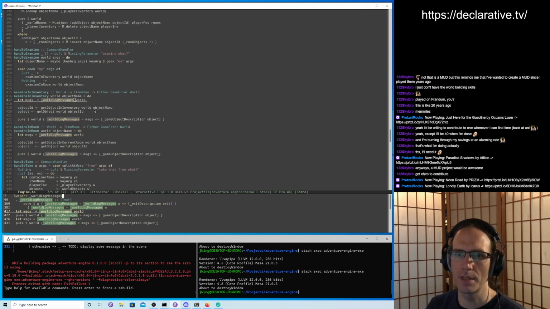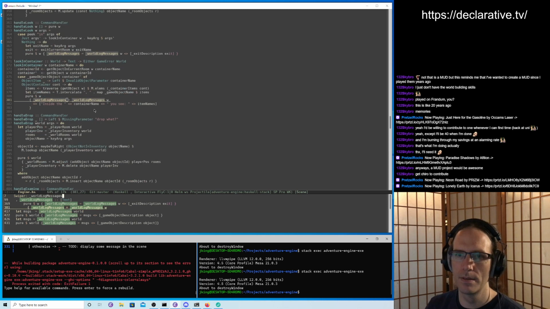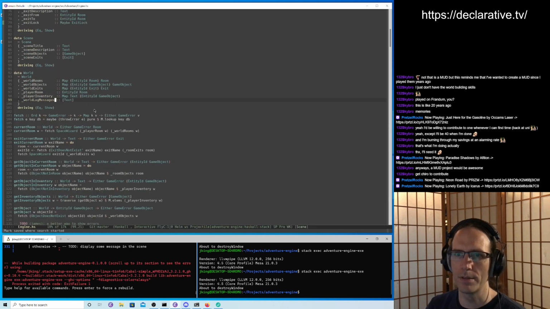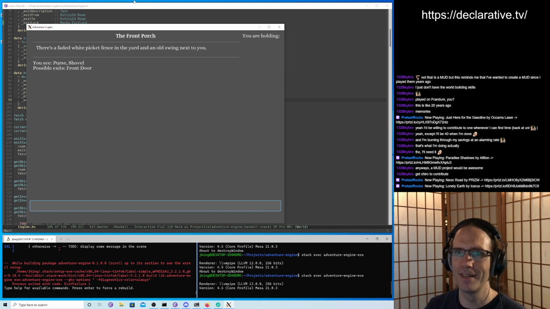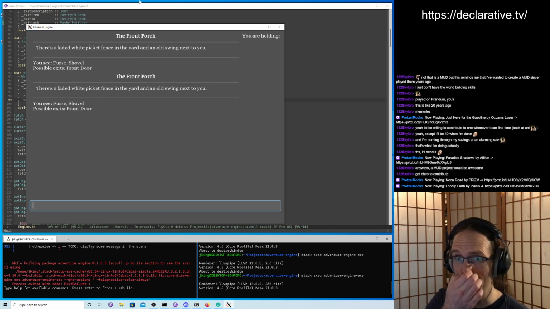So looking in things, handle look. Where do we render those? Actually, I don't know where that's rendered right now anymore. Look. Front door. It looks like we don't render them at all. So we could probably fix that to render into the